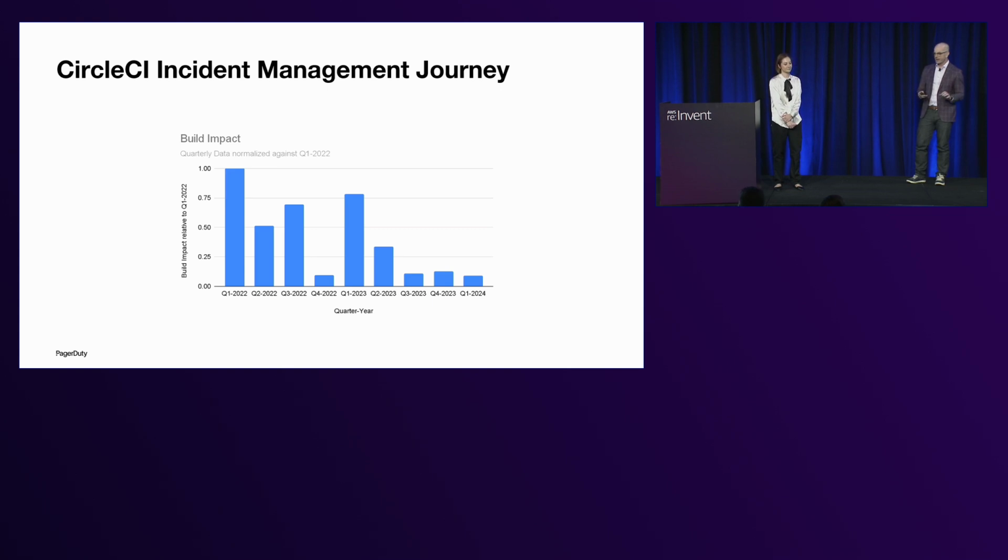Hopefully this chart inspires hope. I'll get through this as quickly as I can, but just to try to explain, this is what we call our critical path, meaning builds running through our system. That's what matters. That's what we get paid for. And it's all